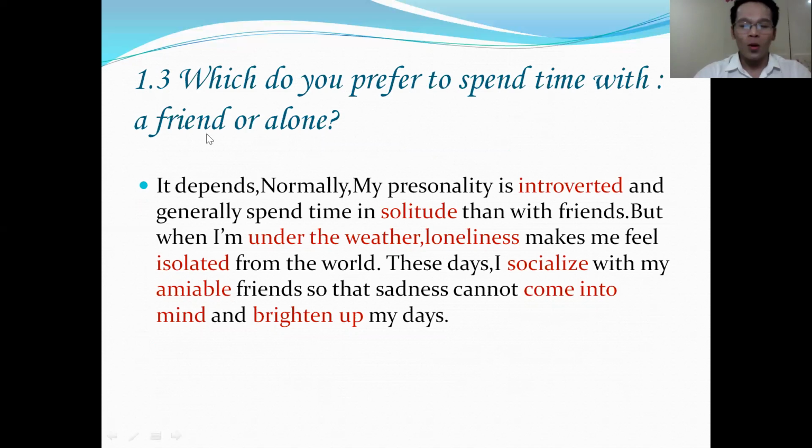Well, it depends. Normally, my personality is introverted and I generally spend time in solitude rather than with friends. But when I'm under the weather, loneliness makes me feel isolated from the world. These days, I socialize with my amiable friends so that sadness cannot come into my mind and they brighten up my days. So I have used here quite a lot of vocabulary words to, of course, have a higher band score in